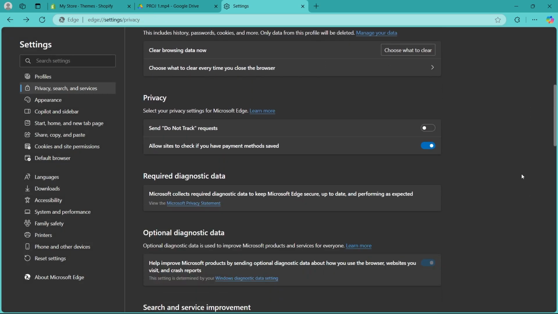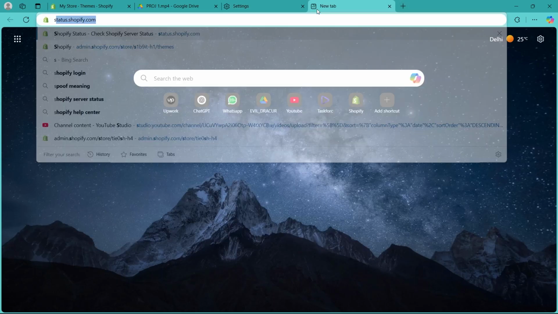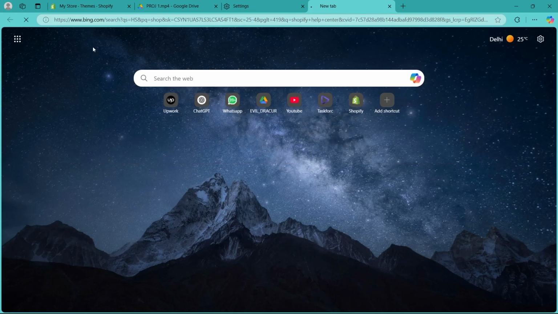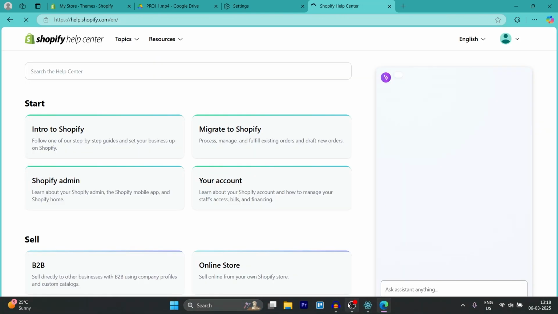Now, eighth way to fix this problem is contacting Shopify support. So if none of the above steps work, you'll have to simply navigate to a new browser, type in Shopify Help Center, then click on the link that says help.shopify.com, and you'll be taken over to this page where you can easily ask for support and fix your problem. So these were the ways through which you can